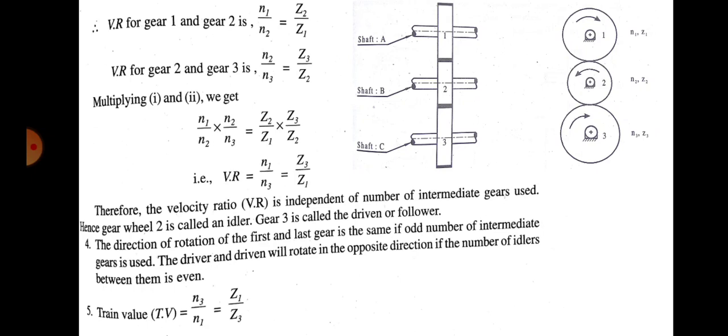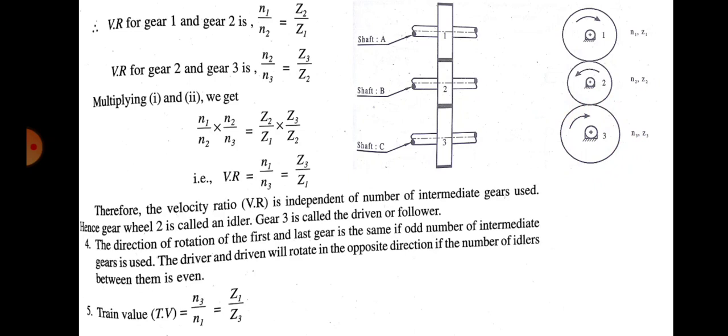So taking an example, there are 3 gears here. Okay, so if you see here, we have gear 1, gear 2, gear 3. So this is the front view and you have the side view here. So this is one of the gears meshing with 2 and 2 is again meshing with 3. So let us assume that the speed of the first gear is N1, speed of the second gear is N2, speed of the third gear is N3.